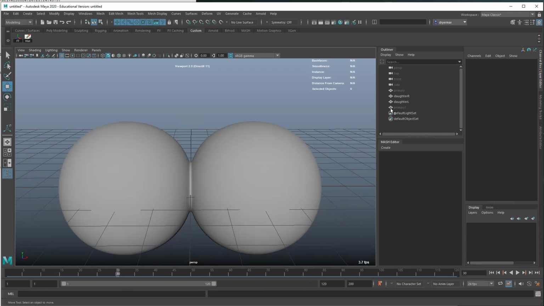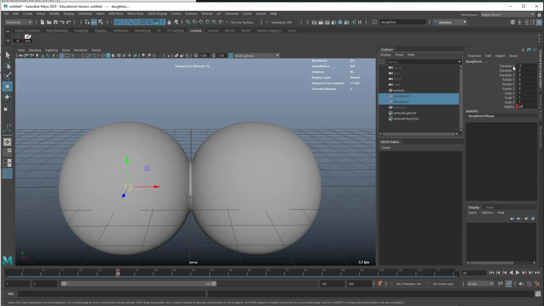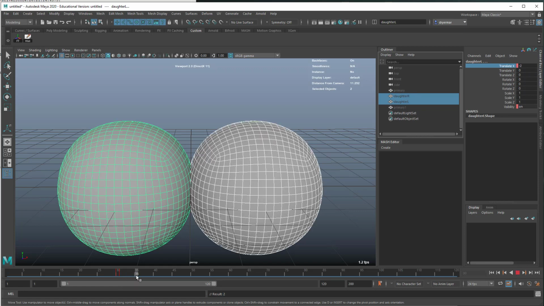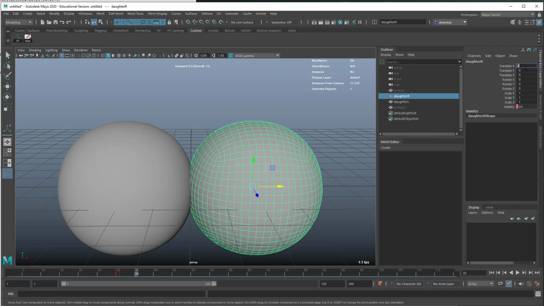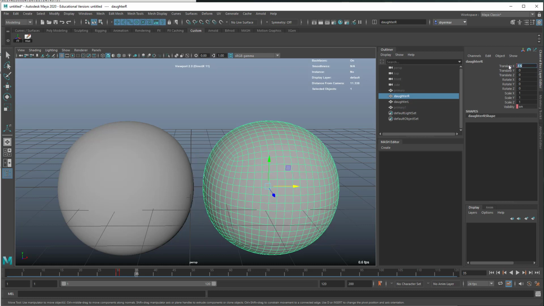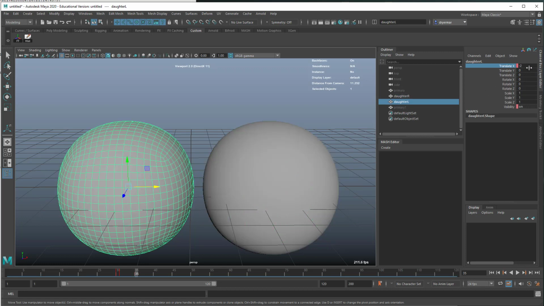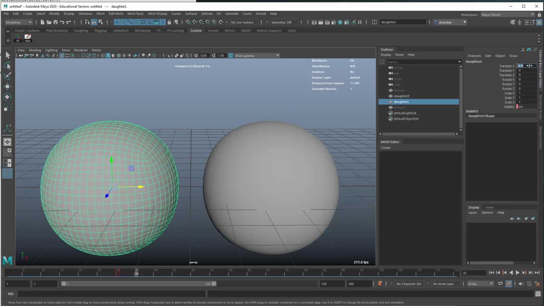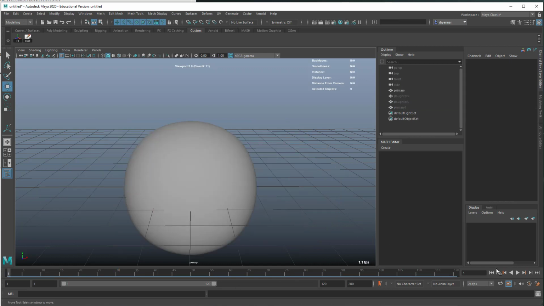And then we will select the daughters and just keyframe their translate X. I think that's both of them. Yep. And so let's say over, I don't know, just like out of 5 frames or so, we can move them out. Now I have to do these separately, so I just want this to move a little bit. And then negative 2.5. Again, this will vary based on whatever your settings are. So if we play the animation now,